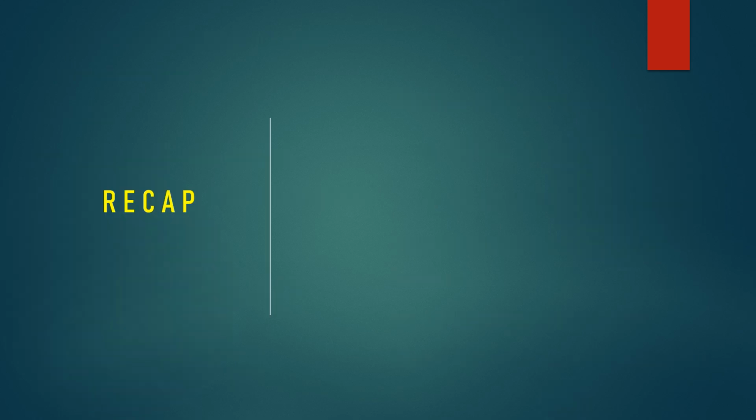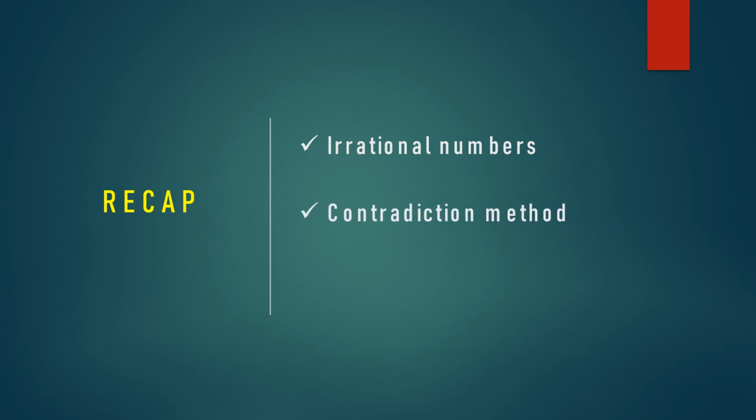Now in this class we explained about irrational numbers, and the definition of irrational we had given: a number c is called irrational if it cannot be written as p by q, where p and q are integers and q not equal to 0. We can define irrational numbers as the numbers which are not rational. Therefore, any number is either a rational number or an irrational number. And we know the rational numbers and irrational numbers together make the collection of real numbers. We had also given some examples of irrational numbers.